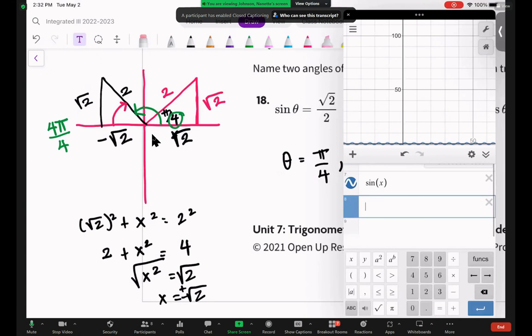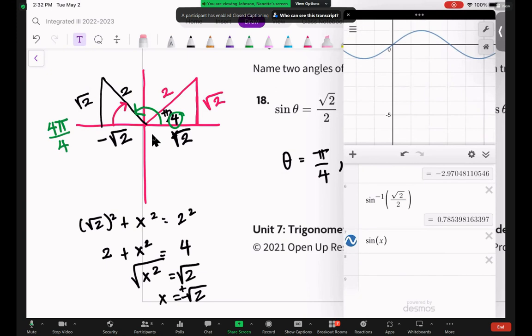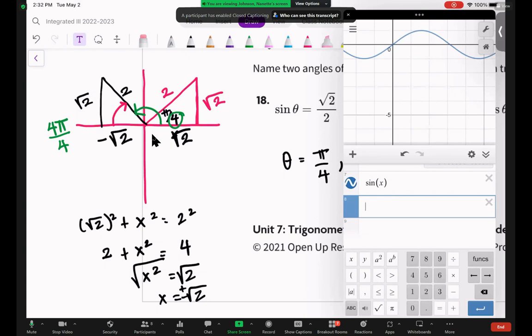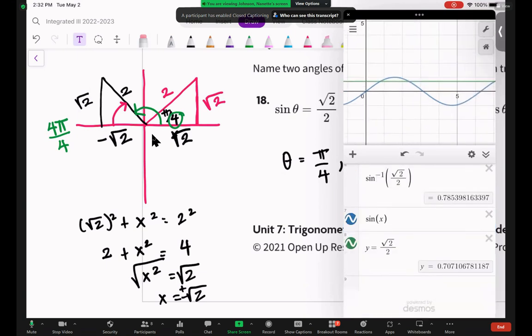Okay, and then there's sine of x, right? This guy right here, he's minimized. And then I graph the line. Now this is going to be weird, but see if it makes sense. Y equals the square root of 2 over 2. Okay, I want to graph that line. Does everybody see that green line? So here's my two solutions,